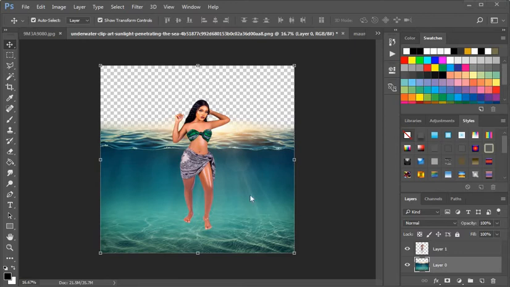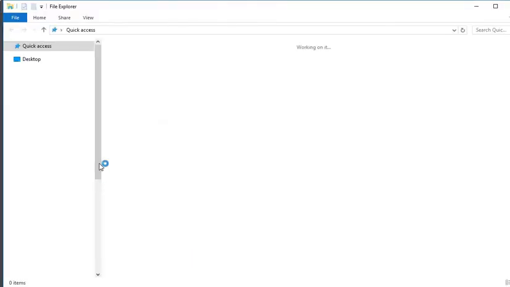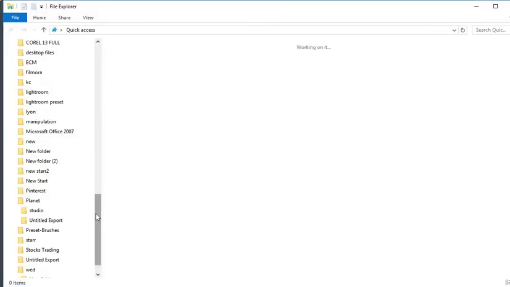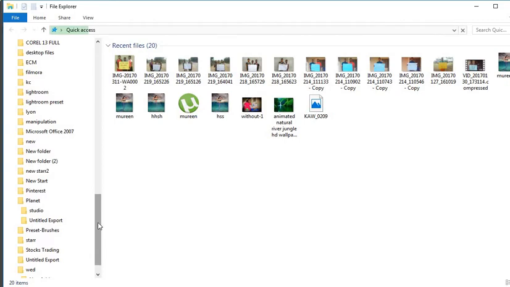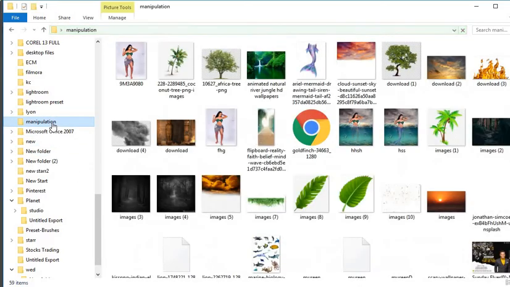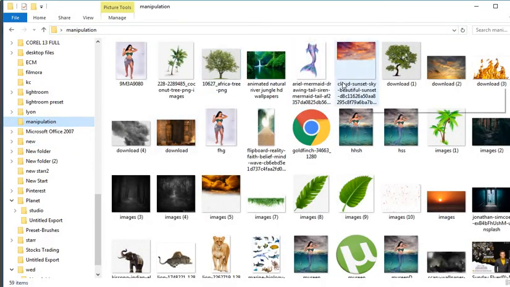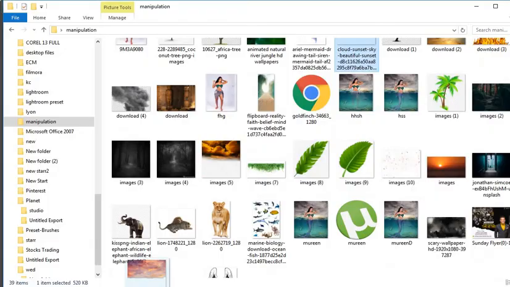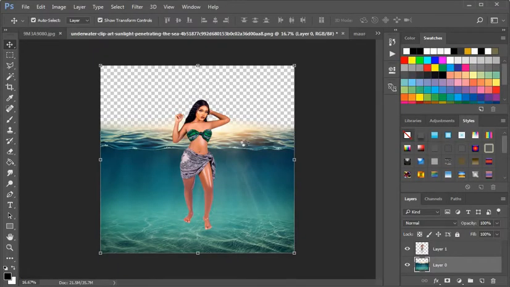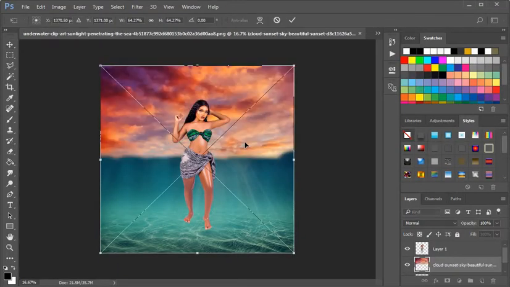Then I'll go to my folders and look for the place that I saved the elements that I want to use for my manipulation. So what I'll do first is come here. Let's say I want to use this element firstly. I'll drag it to this place and I'll drop it. See,